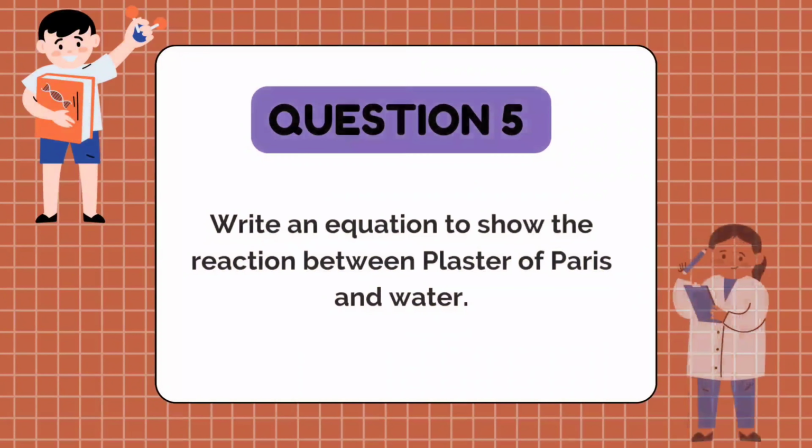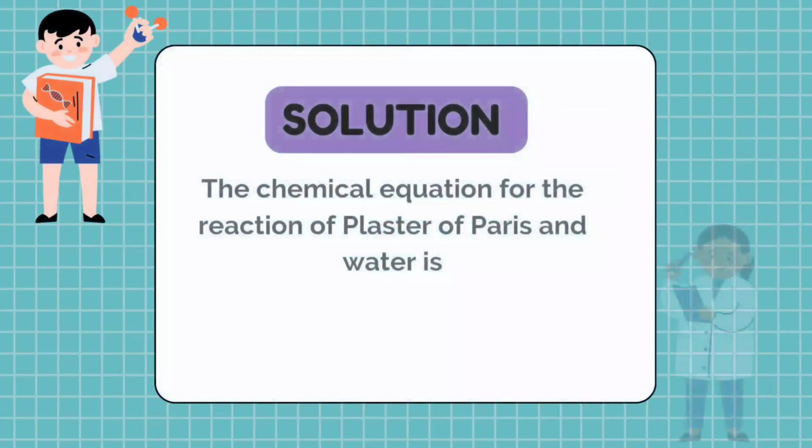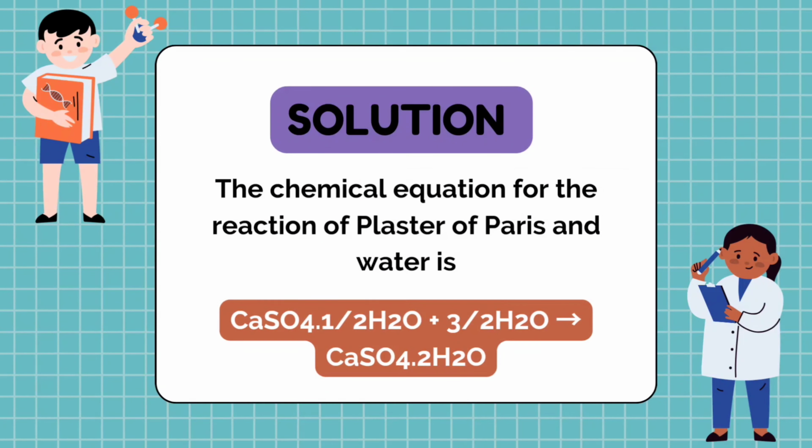Question 5. Write an equation to show the reaction between plaster of Paris and water. Solution. The chemical equation for the reaction of plaster of Paris and water is